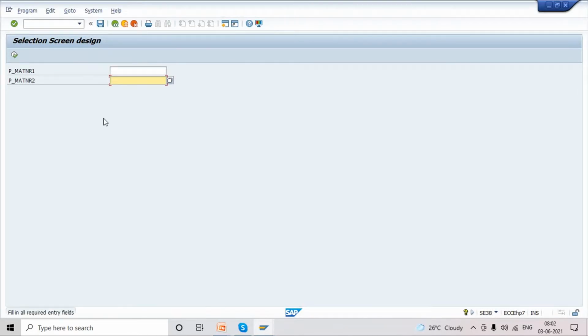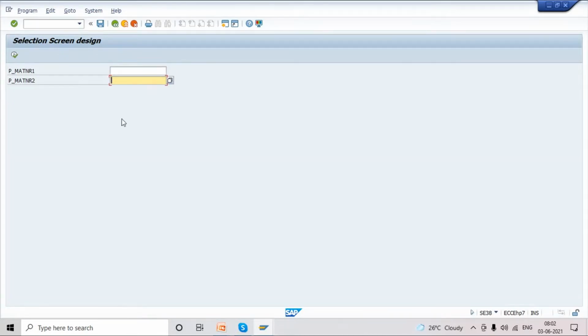Whenever I execute here, you see the message 'Fill in all required entry fields'. We don't have any further program, but before going to the next step, whenever we execute, this will validate the screen since it's mandatory. I'm filling something; if I click execute, nothing will come, but the error message is gone.